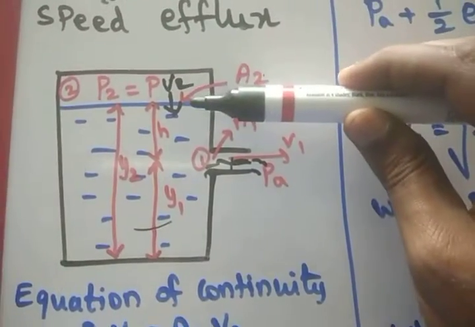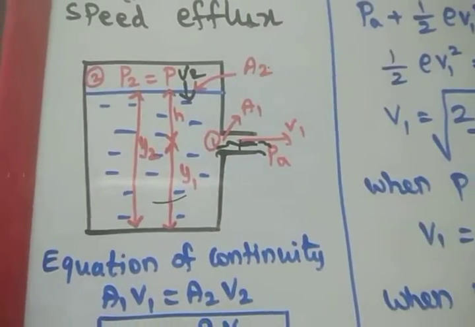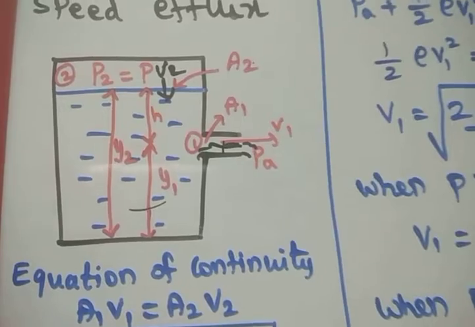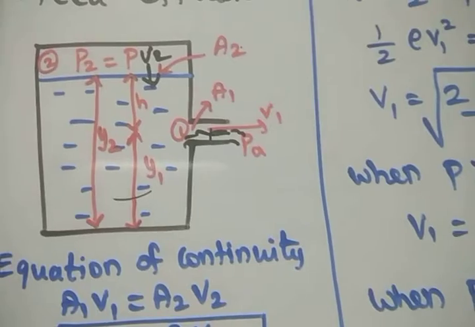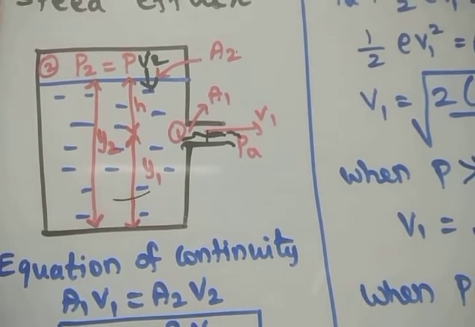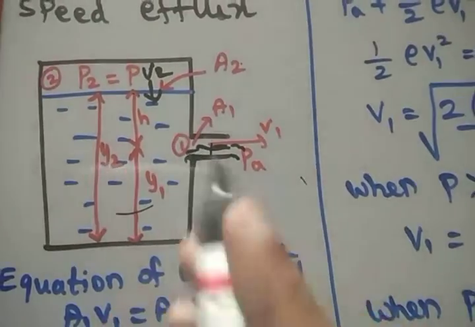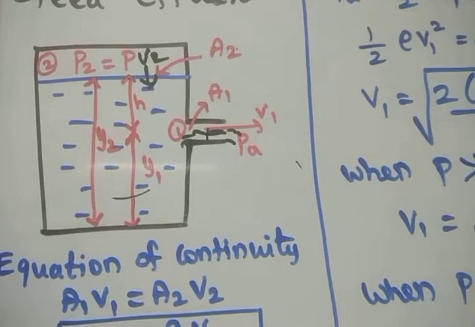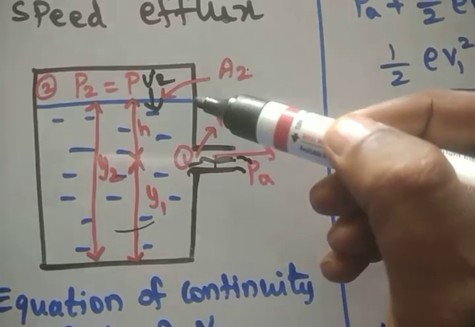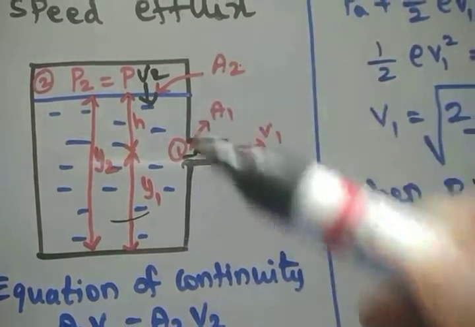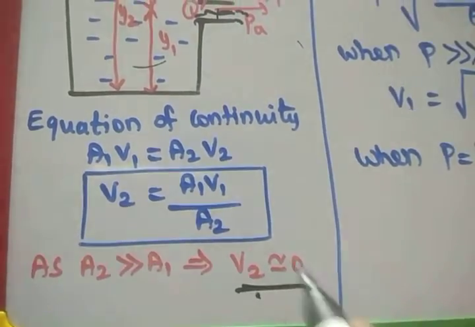That means the level of the water will come down very slowly because the container is very big. Consider a big water tank in our house, on the top or underground. If you open a single tap, the tap shows a lot of water coming out. But in the big water tank, the water level will not fall quickly; it will come down at a very small speed. So we can say that the velocity V2 is 0.